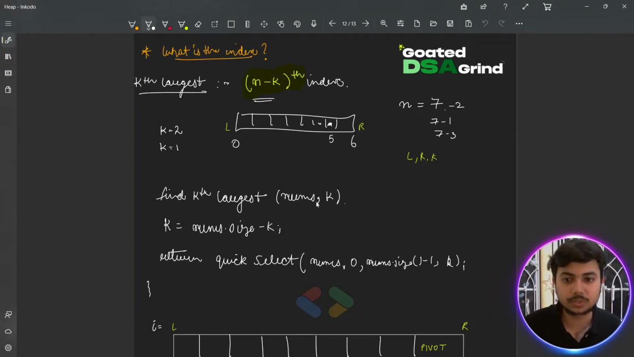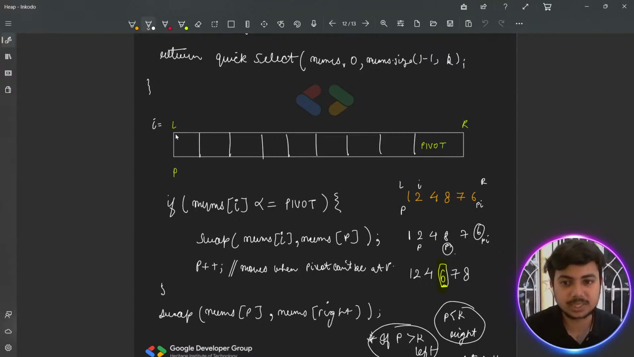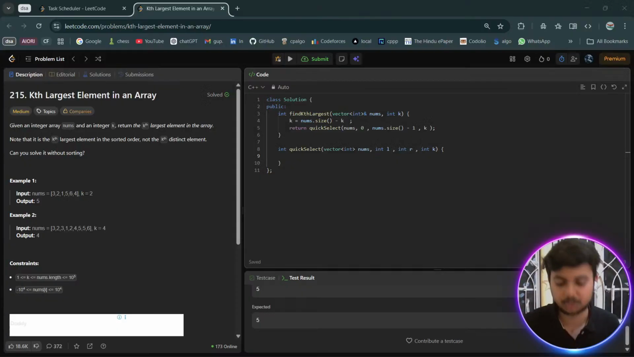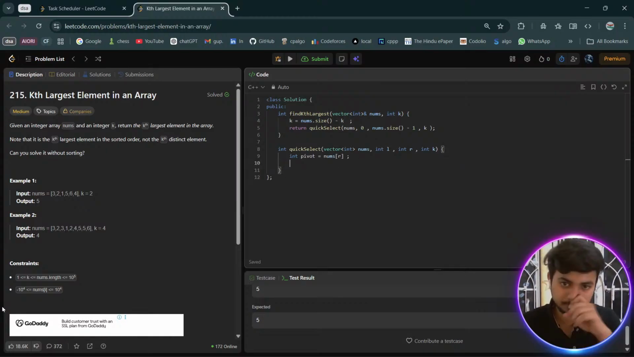So how do we start this? We start by selecting a pivot element. We start by fixing left. We start by fixing right, and this particular point of P. Okay. So int pivot is equals to nums of right. Now right is R. Okay. And P is equals to